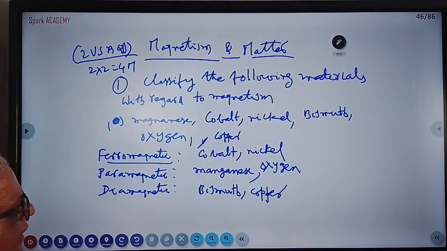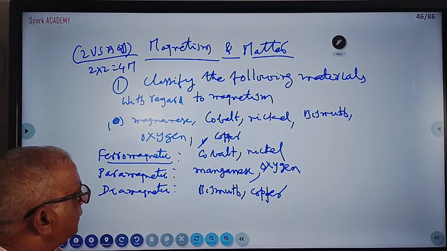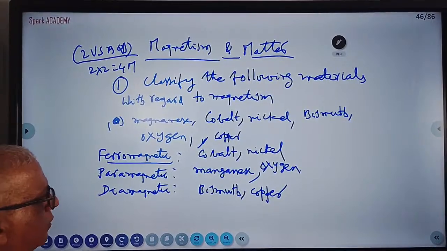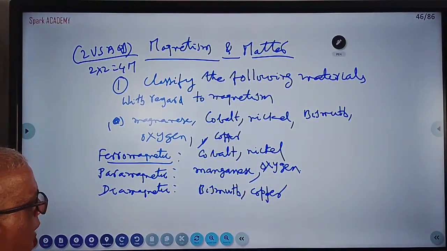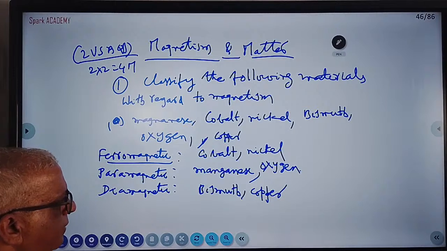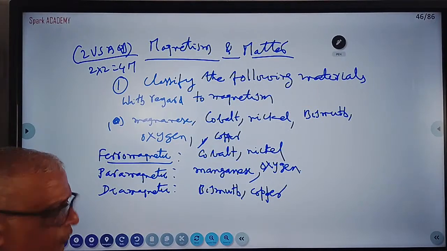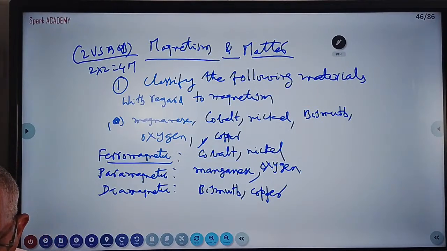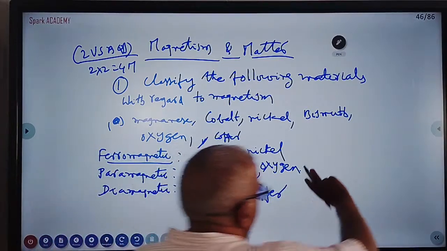They are diamagnetic; this depends on the configuration. So ferromagnetic: iron, cobalt, nickel. Paramagnetic: manganese, oxygen. Diamagnetic: bismuth and copper. Okay. Next,